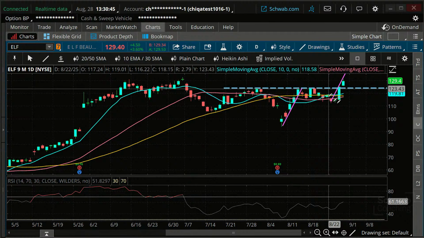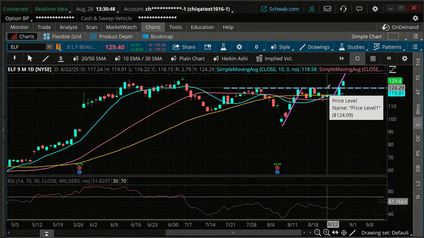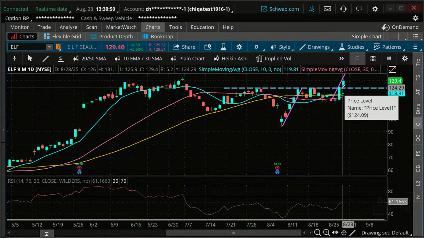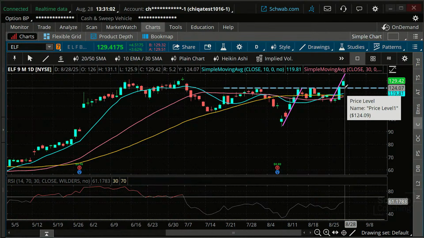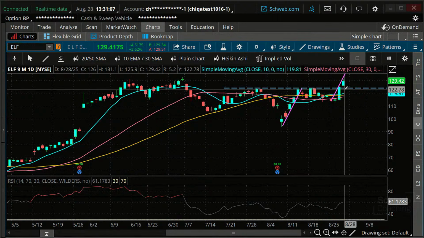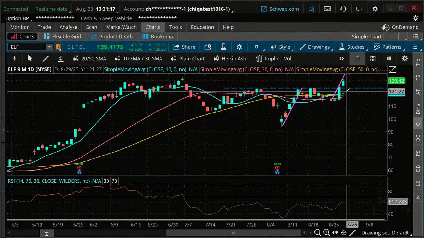I took our breakout point, which was an old resistance. We just broke through that. Old resistance, once you break through it, can represent new support. So I'm going to put my stop not right on the support level. I'm going to give it a little wiggle room, 2% below there. So my stop is going to be right about here, close to almost where that 10-day moving average is. That's going to be where our stop is in case the thing reverses on us.